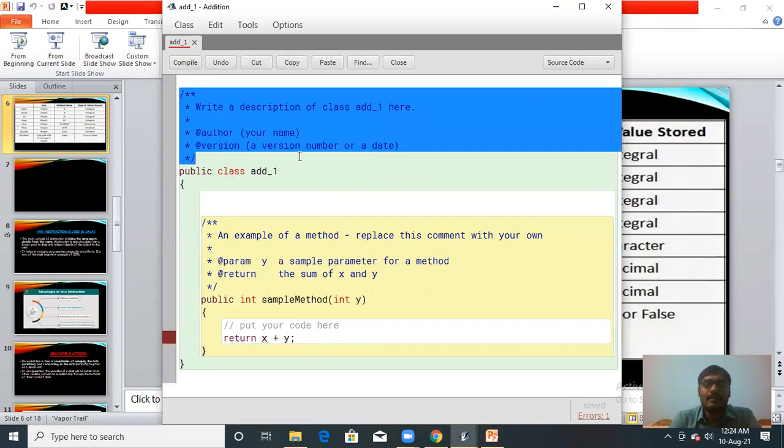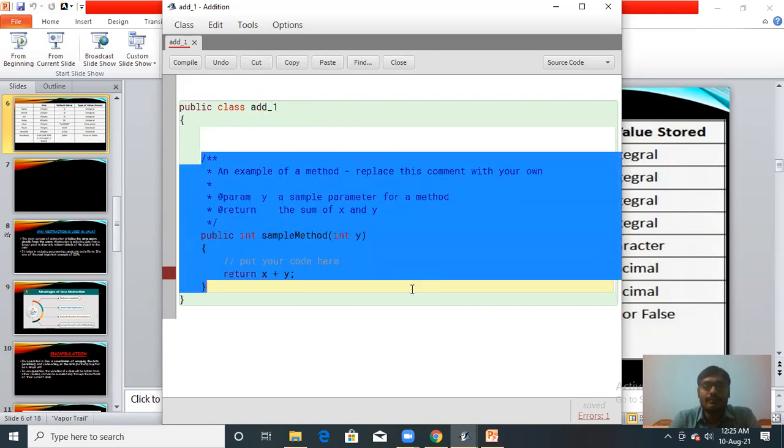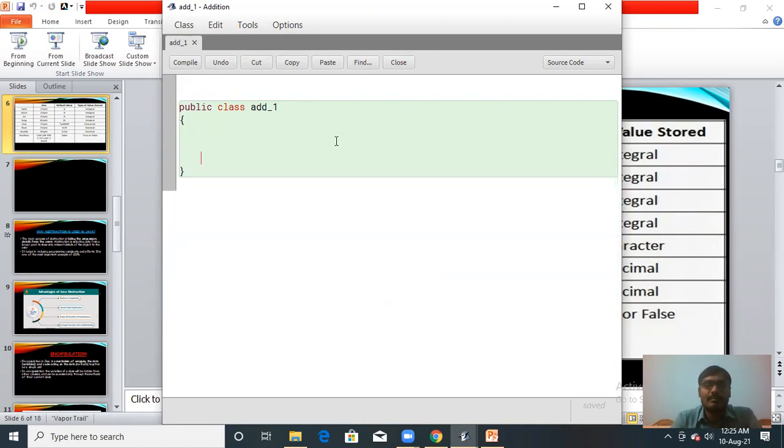Your program starts with the class name. What is the class name here? Add 1 is the class name, add underscore 1. Public class add 1. Then you can delete the unnecessary parts of your program. Then you have to write the main function of Java.